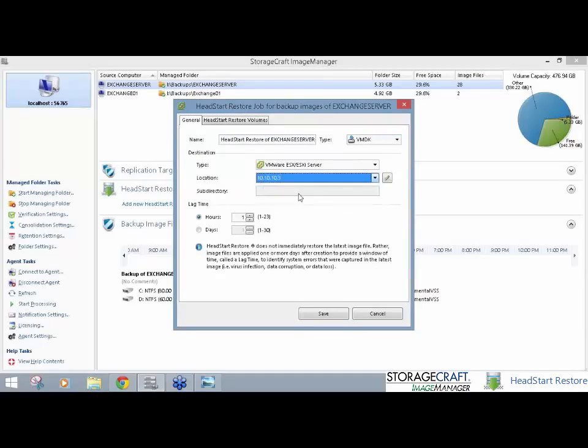I've already got an existing one here set up. There's no subdirectory required for this. It's going to ask us for a data store at a later stage. Now, for the lag time, we can obviously specify here what the lag window is that we want to commit